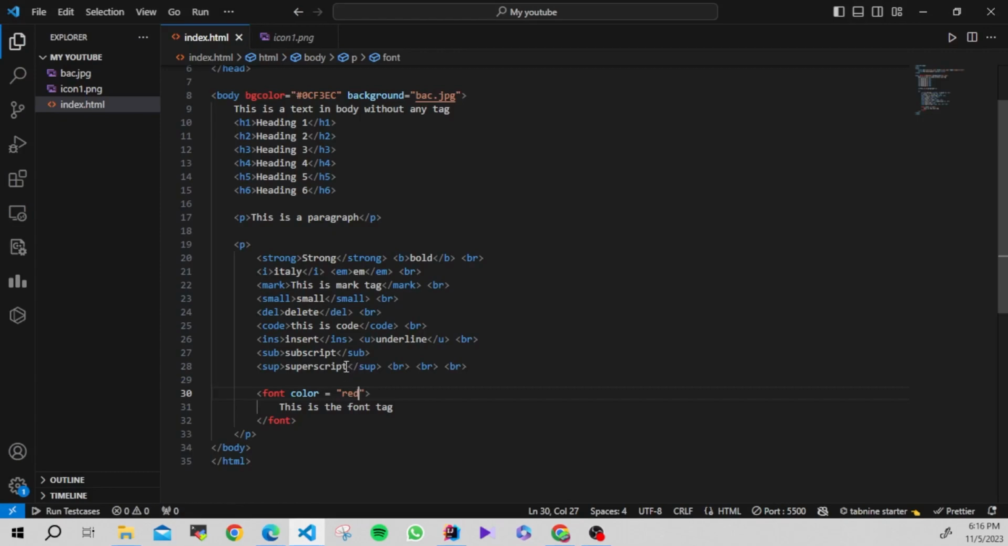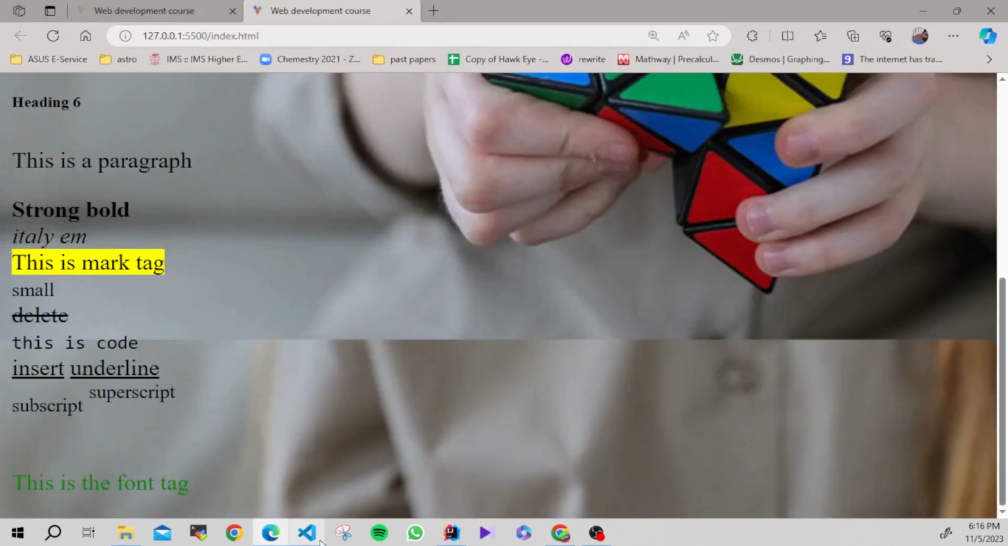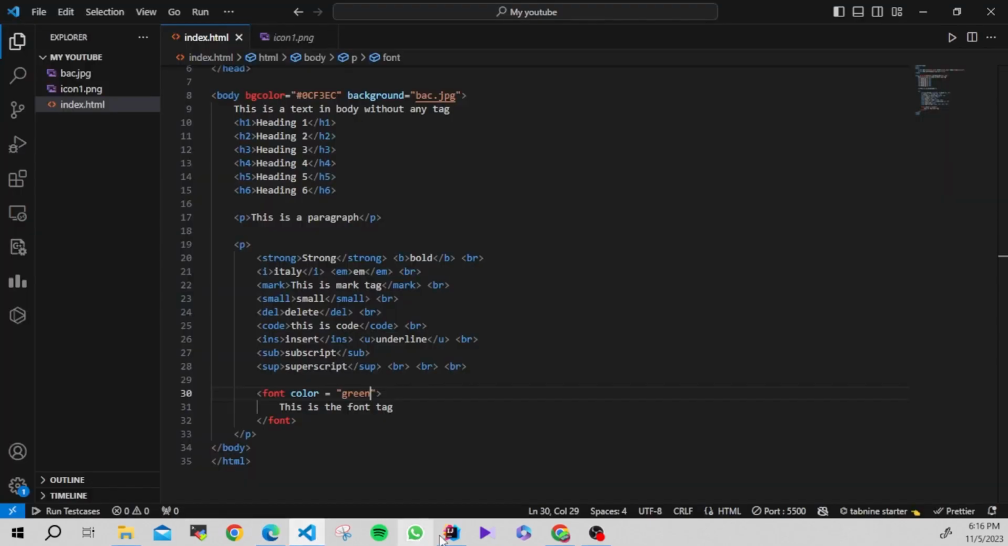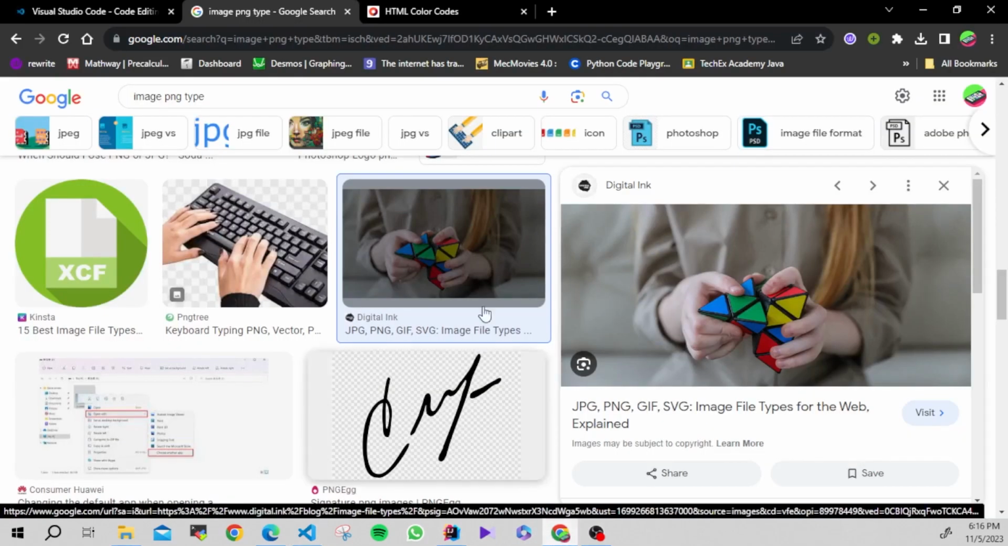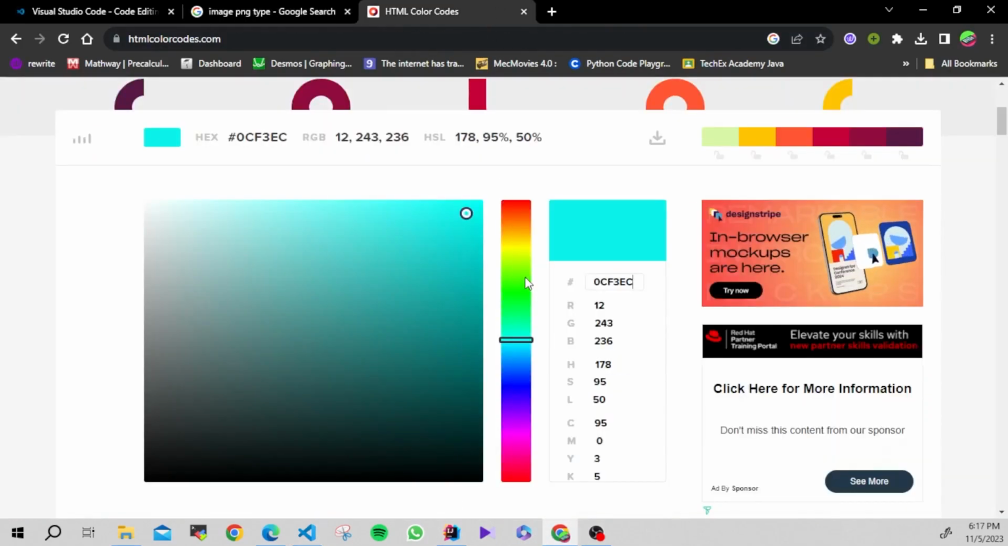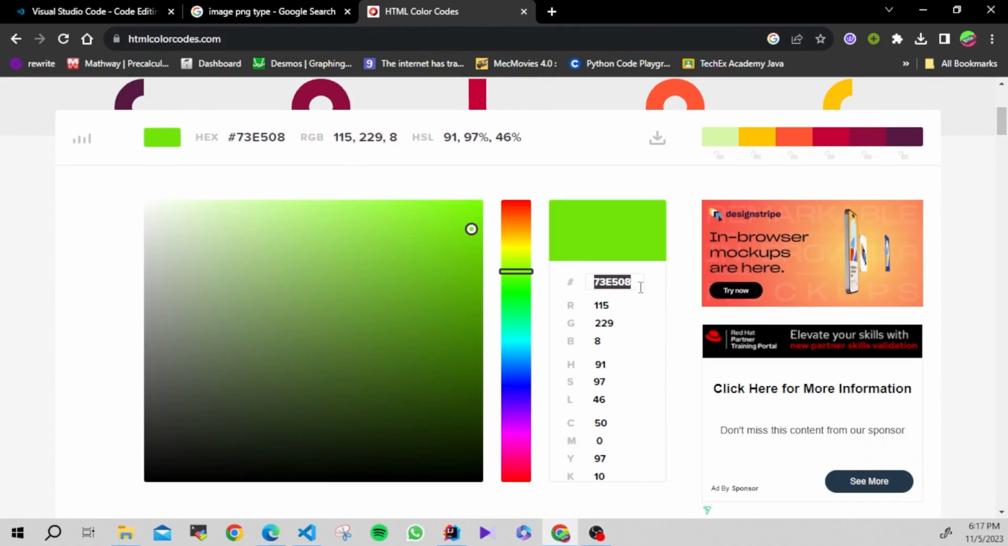Oh, I need this in green. So, and you can see the color has changed into green. If you want to pick a color as earlier, you can select a color. I'll select a light green color like this, and I will copy this code,